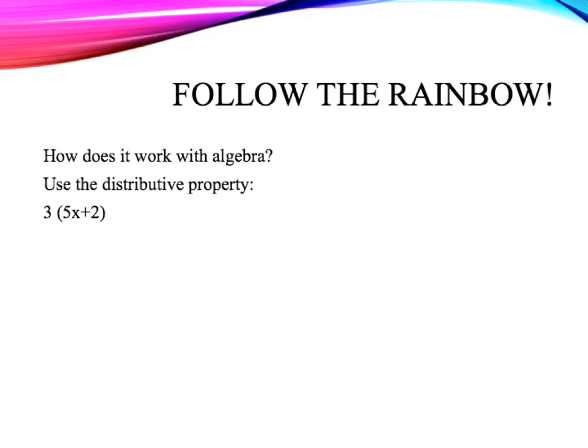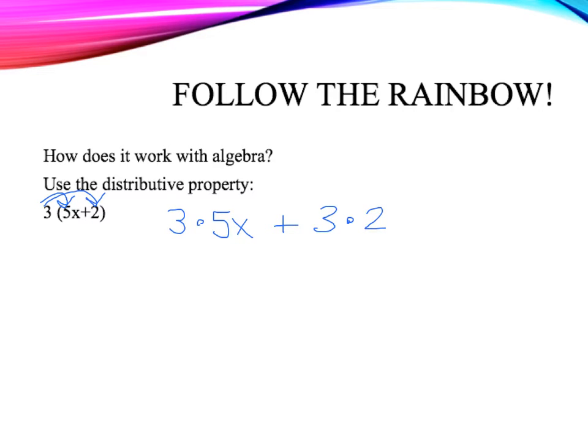The next example is using algebra, and the reason it is algebra is because you have variables involved. So again, I'm going to notice that there is no sign in between the 3 and the parentheses. So I'm going to use the rainbow method again, and I'm going to distribute this 3 onto the 5x. So I'm going to go ahead and write 3 times 5x, bring over my plus sign, and then I'm going to do the rainbow again, and I'm going to distribute this 3